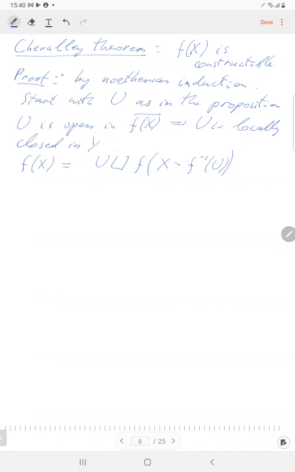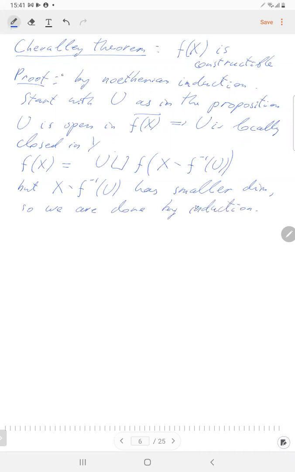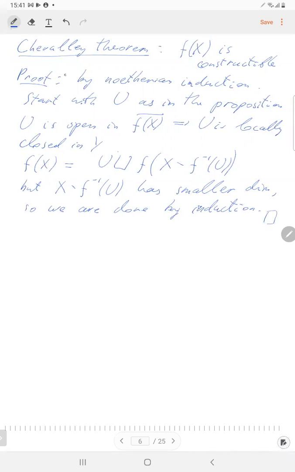But because we know this dimension estimate, the boundary has smaller dimension. So we can proceed by induction. Okay, there we are,